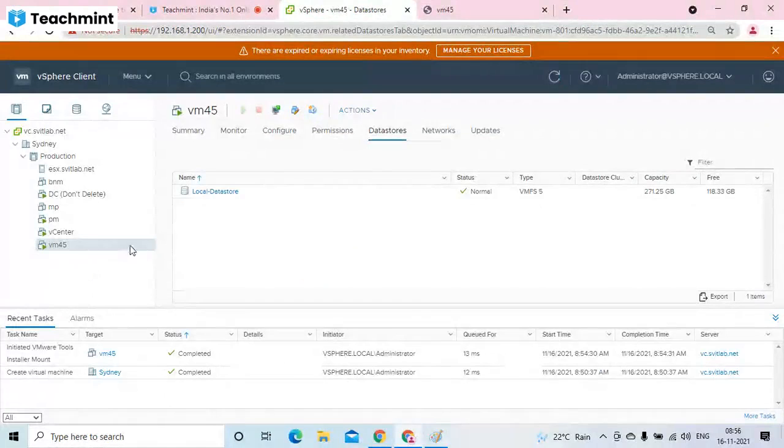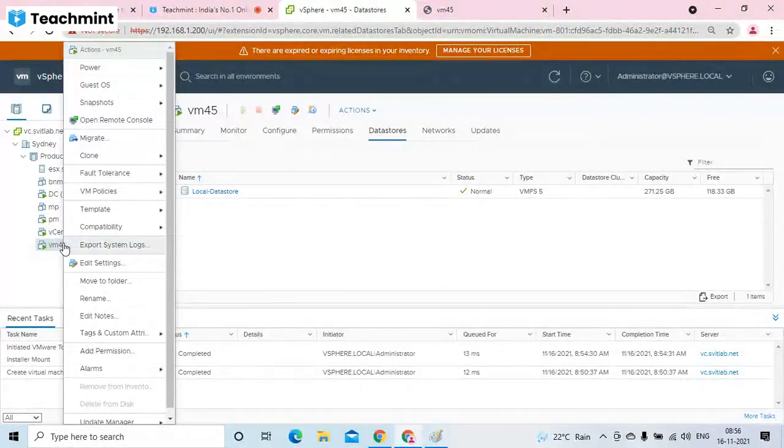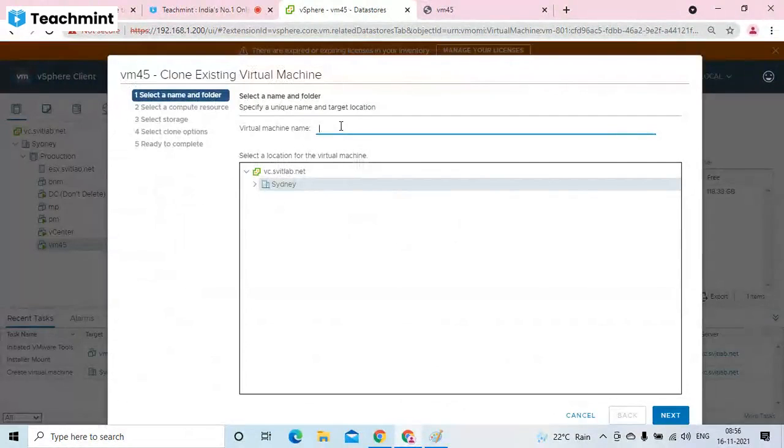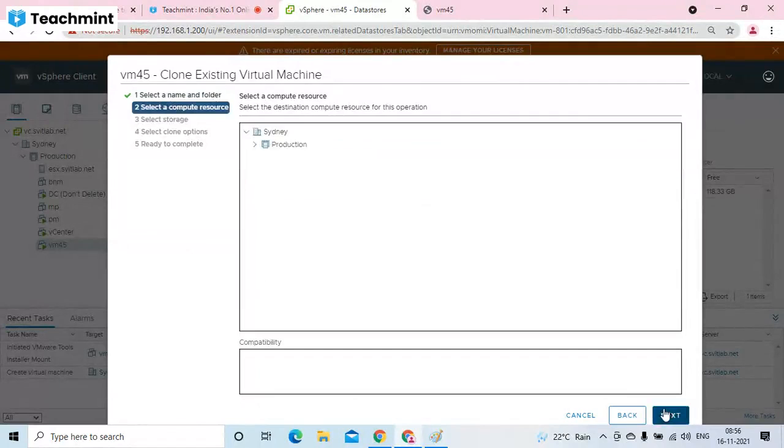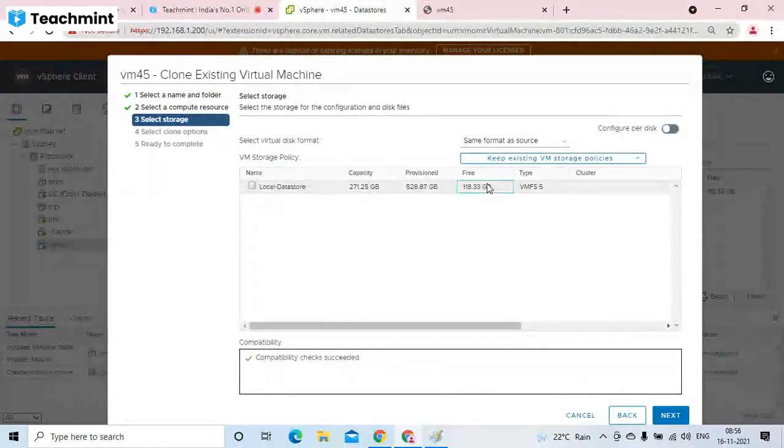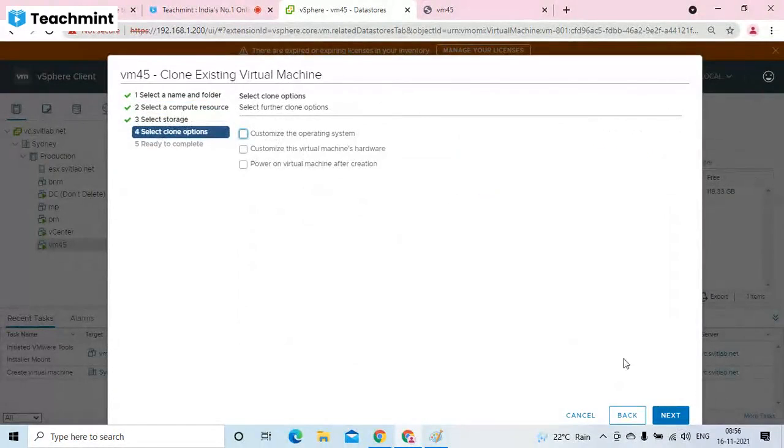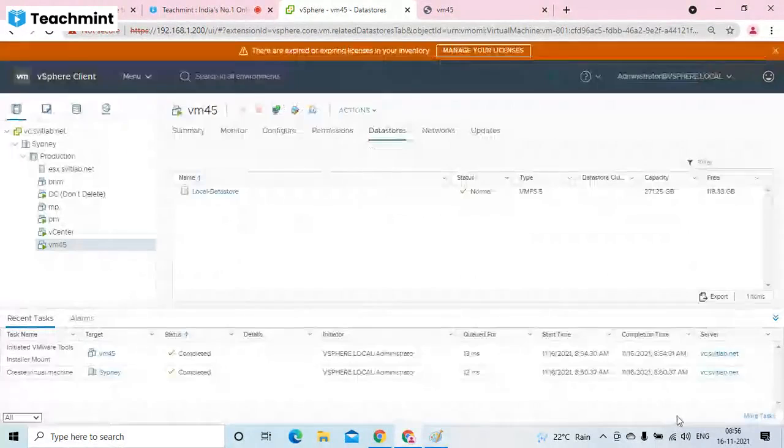That's how we create a virtual machine, and it took like 20 to 30 minutes to install a VM, okay, and install drivers. So now we have an option to clone this machine, duplicate an existing virtual machine. Right click, choose clone, clone to virtual machine, VM 46. Select the location where you want to place it. Hard disk location, I want to place it here. I don't want to customize now. If you want to change any RAM, CPU or anything, you can change it here. Okay, otherwise, next. Summary.